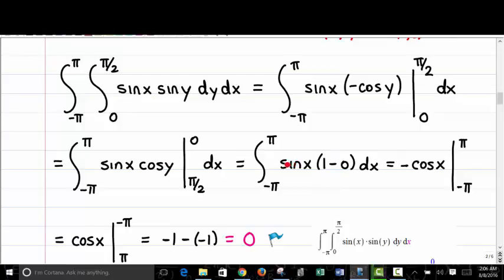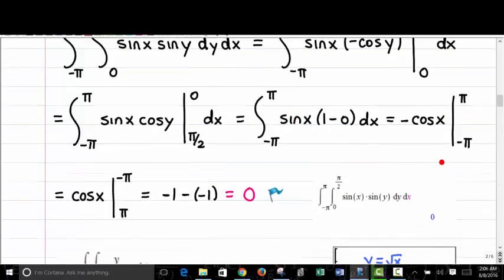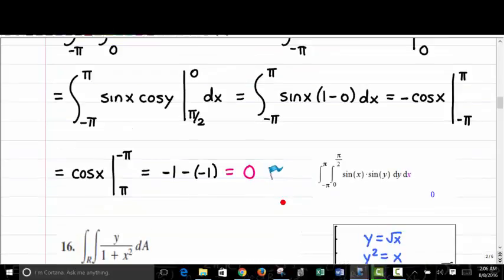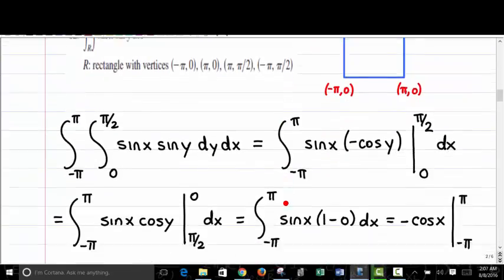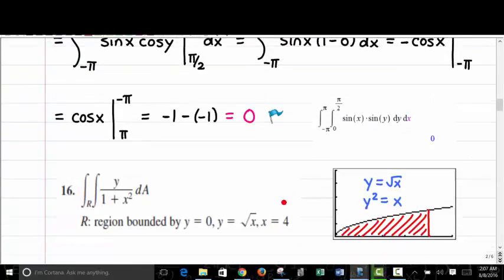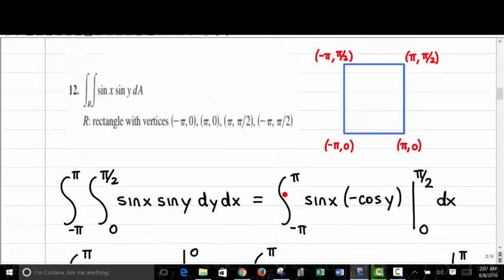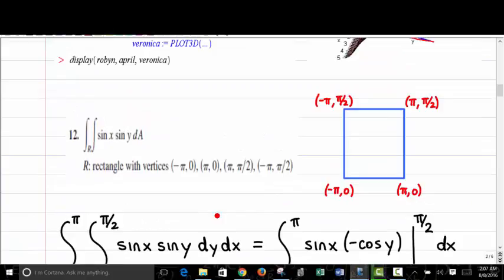And that goes away, so you integrate sine of x, and you get negative cosine of x. Pi to negative pi then ends up being 0. Okay, so this integral ended up being 0. It wasn't designed to calculate volume. Now, I didn't graph this, but what that usually would represent is, if you think of 2 dimensions back in Cal 1,